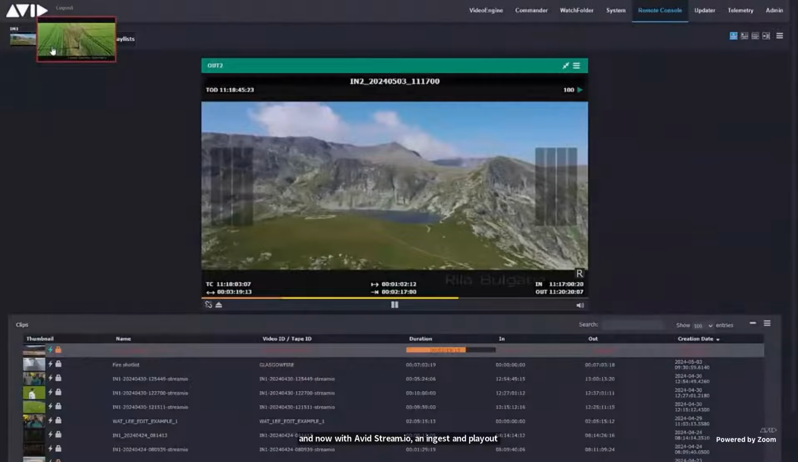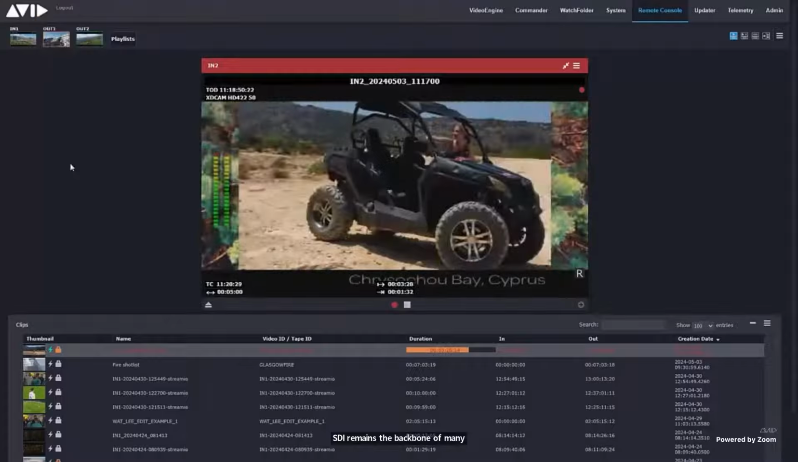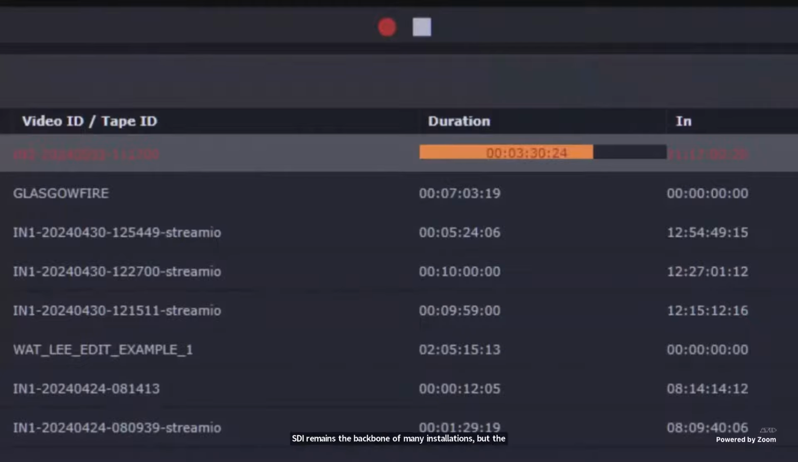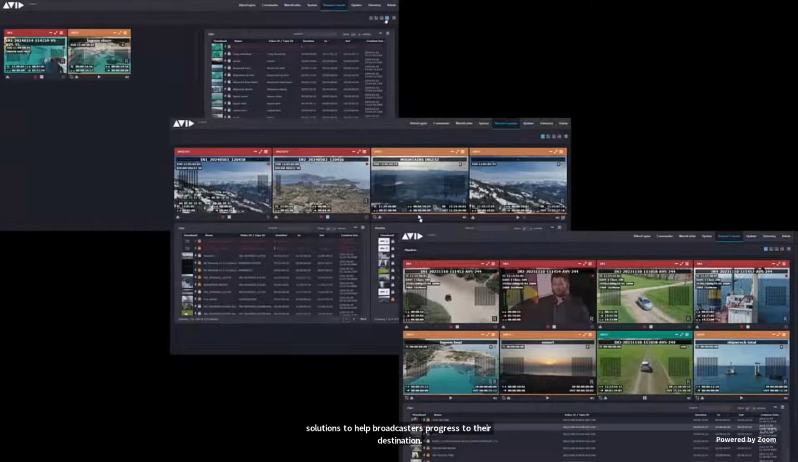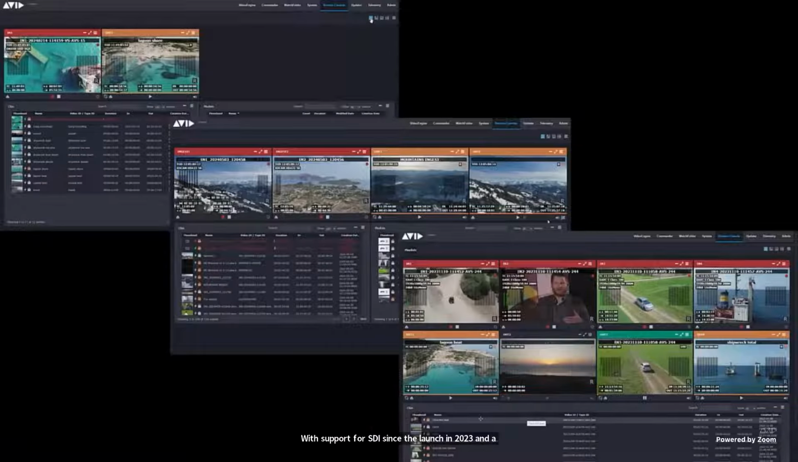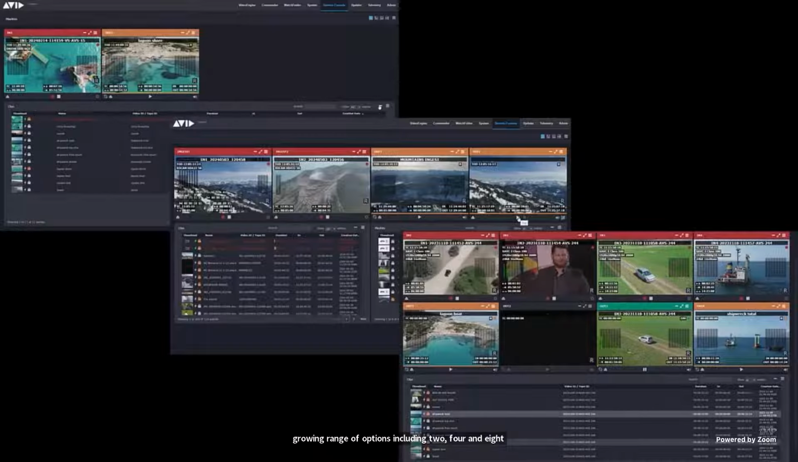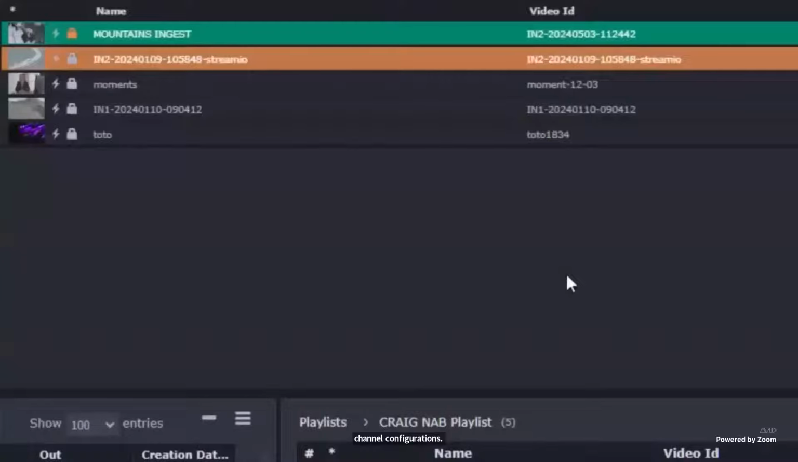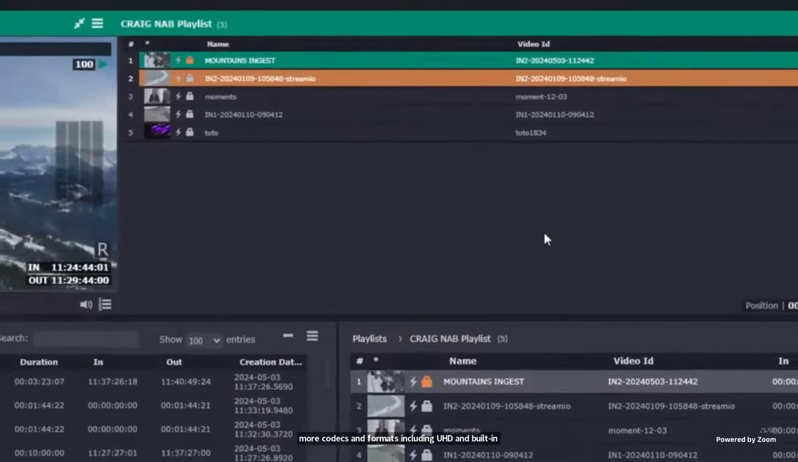SDI remains the backbone of many installations, but the industry is on a journey to IP. What is required are solutions to help broadcasters progress to their destination. With support for SDI since the launch in 2023 and a growing range of options, including 2, 4 and 8 channel configurations, more codecs and formats including UHD and built-in playlists, Avid Streamio has already been adopted by customers across